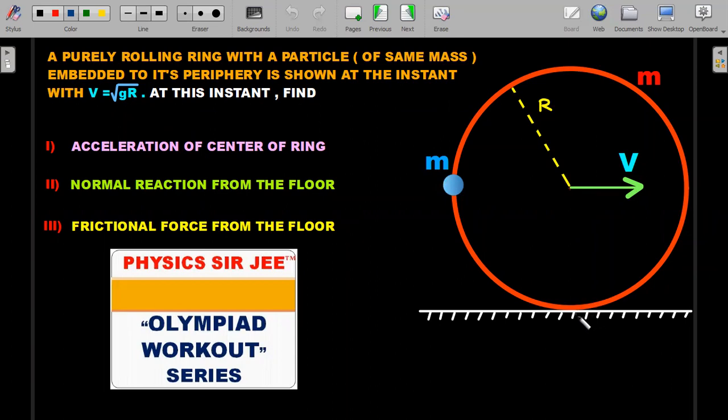So these are the three concepts. Have a try for maybe 5 to 10 minutes and do come back for the concept and the solution. At the end of the problem, we'll also try to investigate if there are any other methods of solving the problem. So here we go.